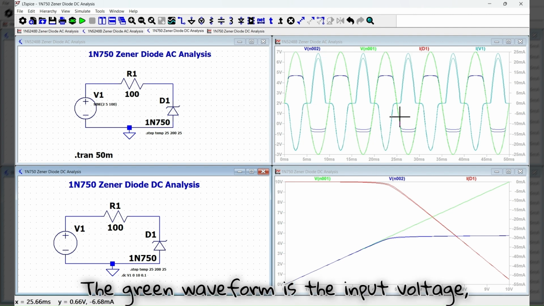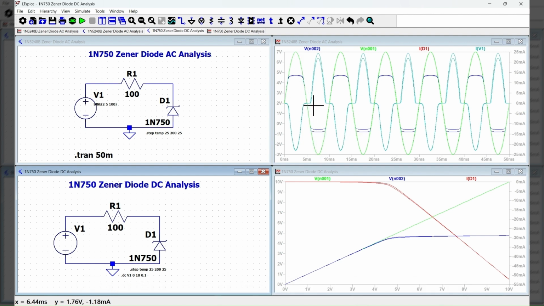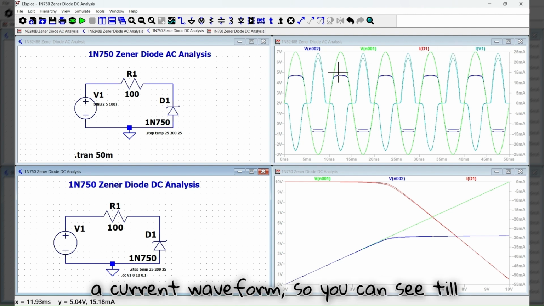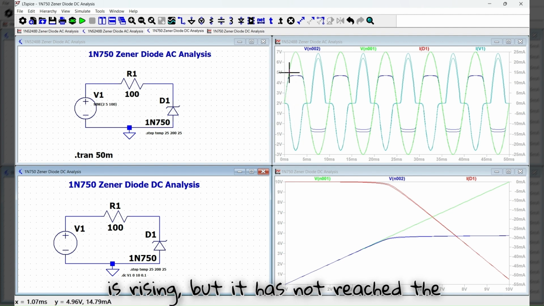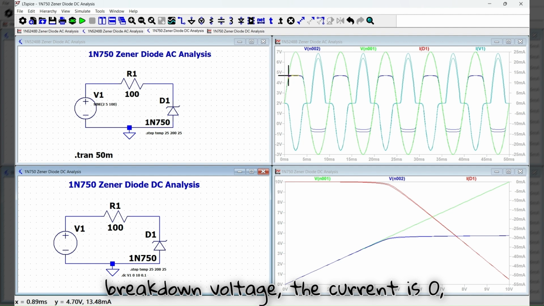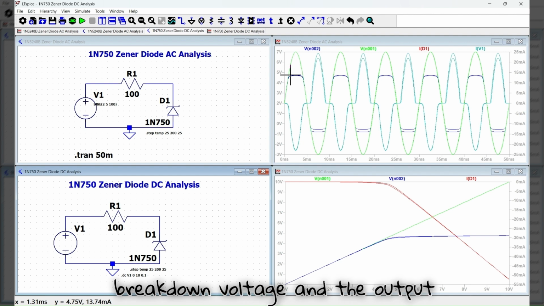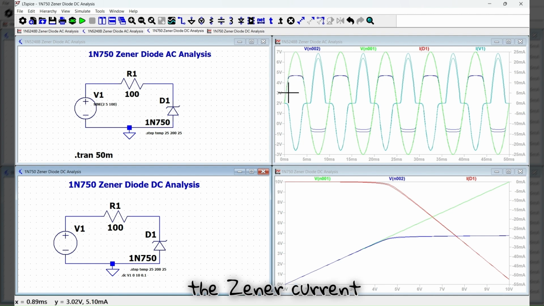So these waveforms are for AC analysis. The green waveform is the input voltage, the blue waveform is the output voltage, and this slightly dark green is a current waveform. So you can see that while the input voltage is rising but has not reached the breakdown voltage, the current is zero. And when the input voltage reaches the breakdown voltage, and the output voltage is clamped at 4.6 volt,